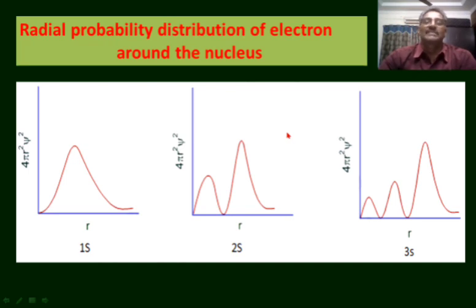On solving Schrodinger's wave equation, different psi values are obtained. Psi denotes the amplitude. Corresponding to each psi value, there exists an orbital. The psi square represents the probability of finding the electron at a certain point around the nucleus.